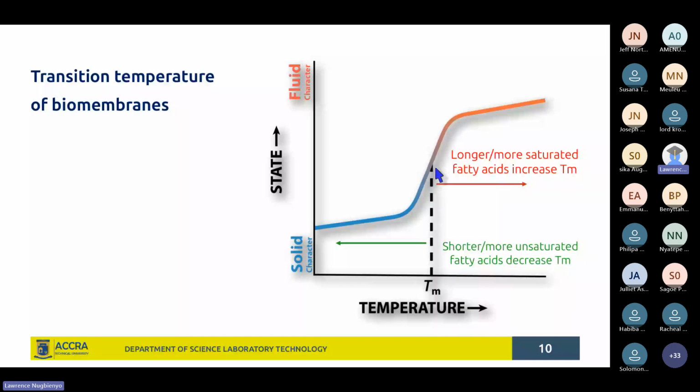Now, transition in the sense that you have a membrane that at a particular temperature, the midpoint, what you have there, Tm, which is the midpoint or the transition temperature. At this temperature, the